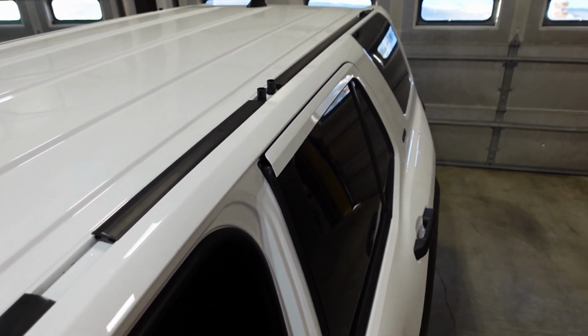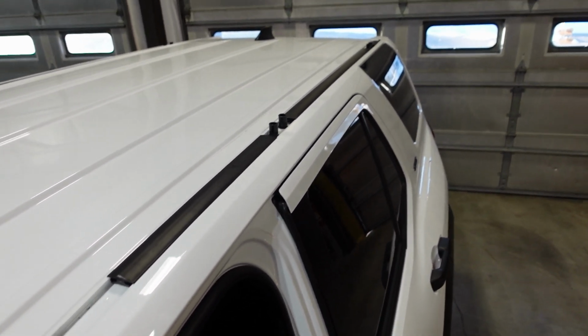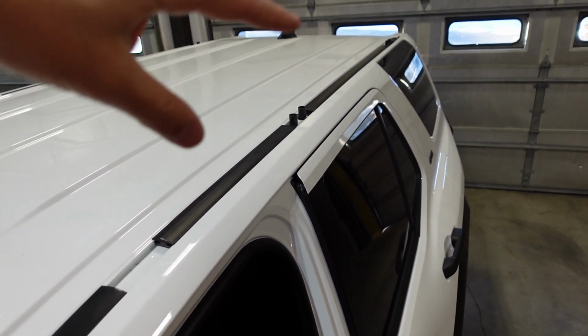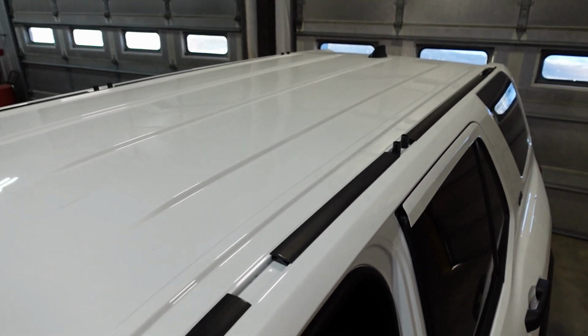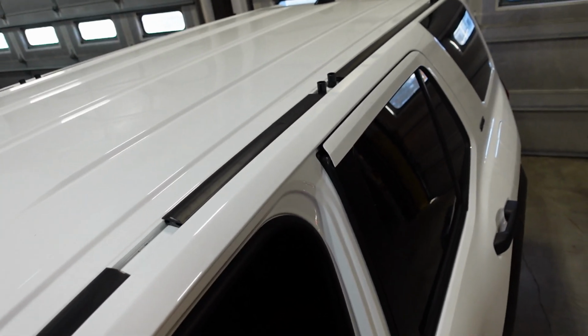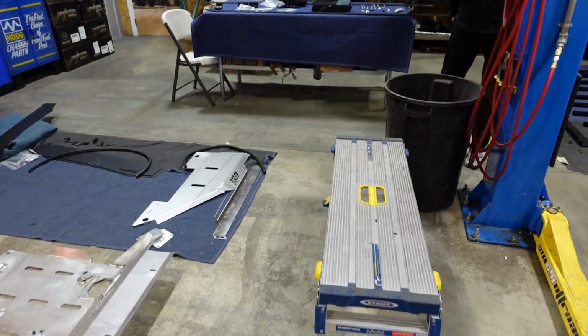Those other two openings were already there from the previous stock rack. So now we're gonna get everything clean, kind of restart, and then start on the assembly of the Pro Rack,